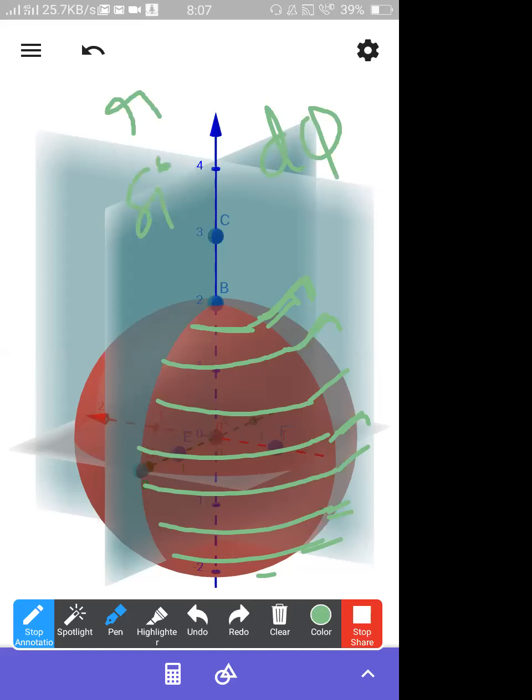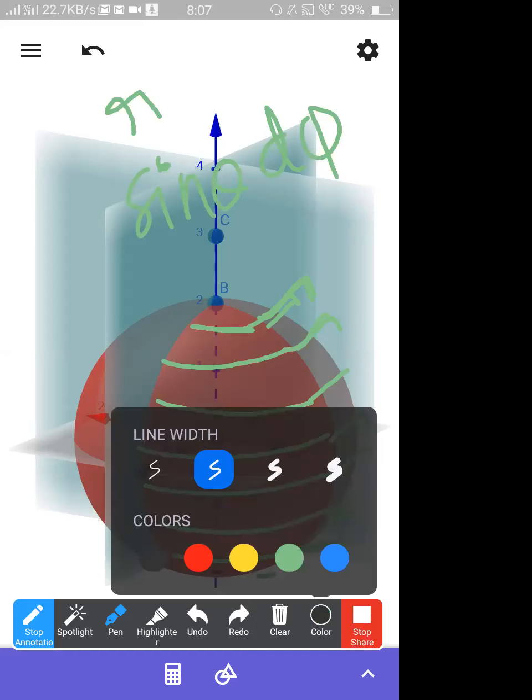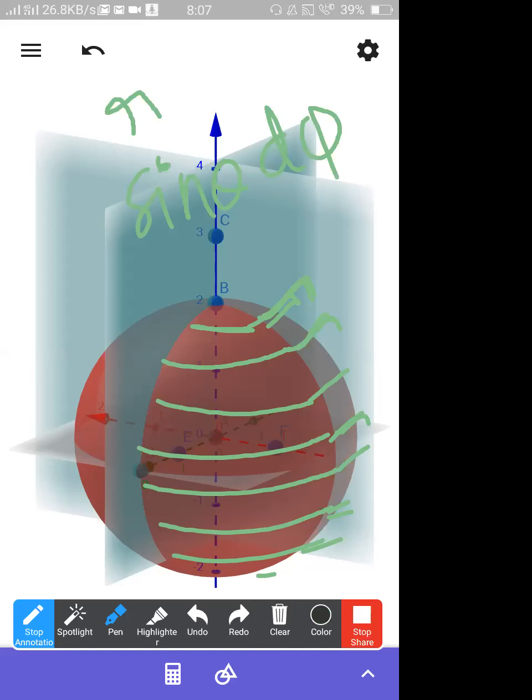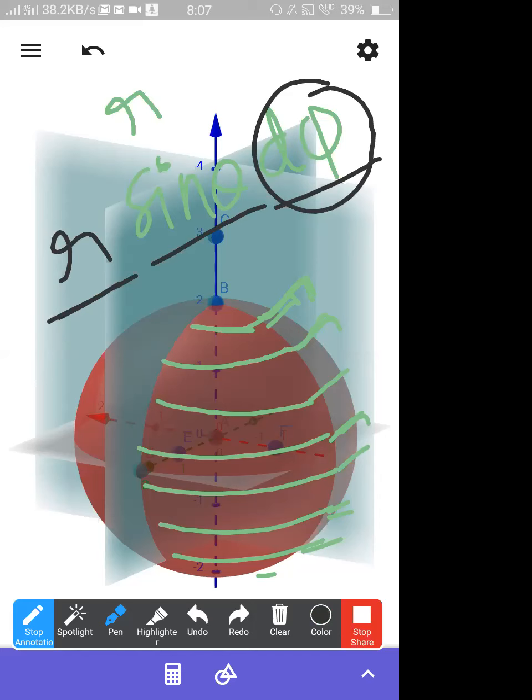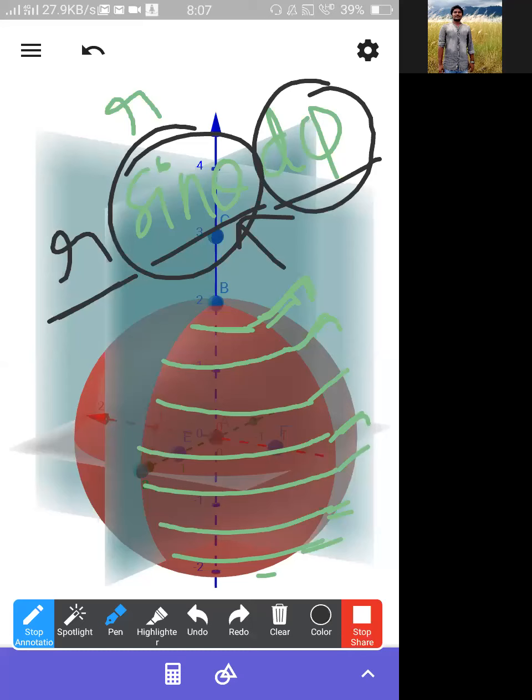It also depends on another factor, sin theta, which is which arc length you are choosing. And it depends on another parameter, r, because instead of this sphere, if you had chosen a bigger sphere, you would get a bigger arc length. So it depends on r, sin theta, and d phi. As r increases, arc length will increase. As d phi increases, arc length will increase. On a given sphere, if you change theta, you can choose any arc length. So the change in phi will give you r sin theta d phi.